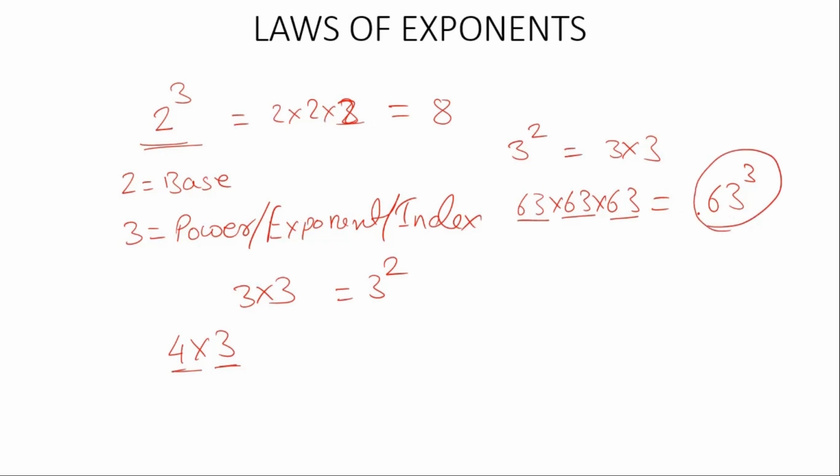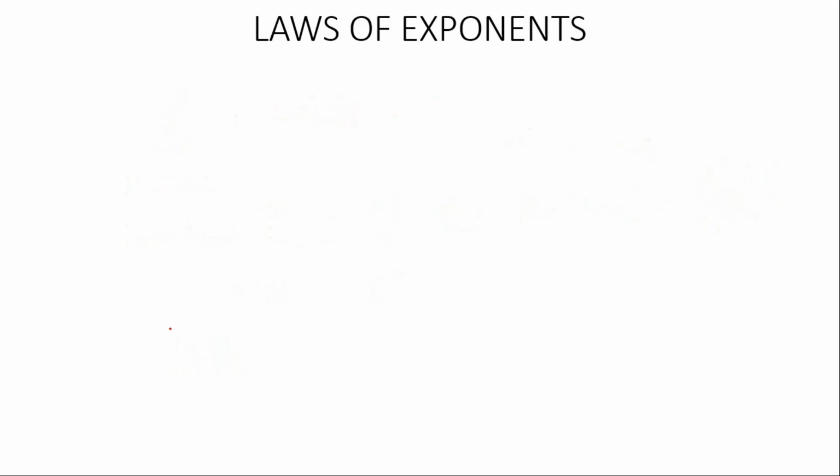Now let us move to the laws of exponents and let us know what is the first law. As per law 1, if we are having the same base but different power, for example 5 to the power 7 into 5 to the power 3, and we are having a multiply symbol in between, then the base will get common and the powers will get added. So we can write it as 5 to the power 10.